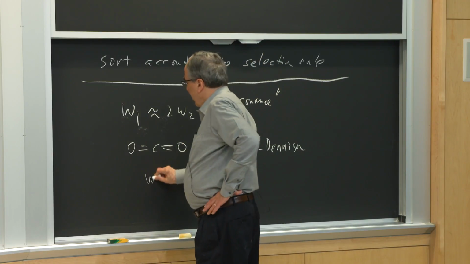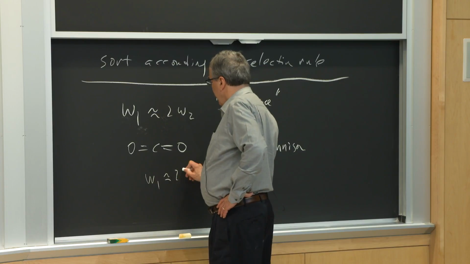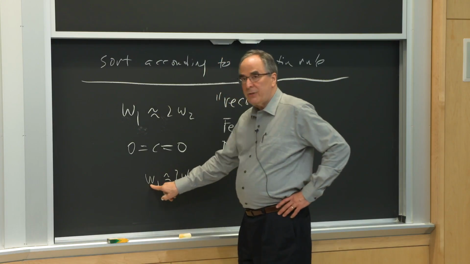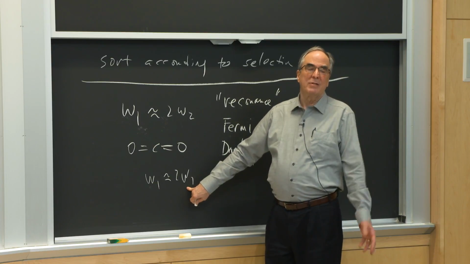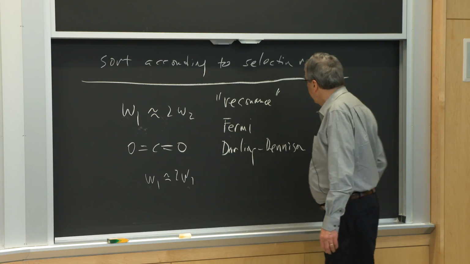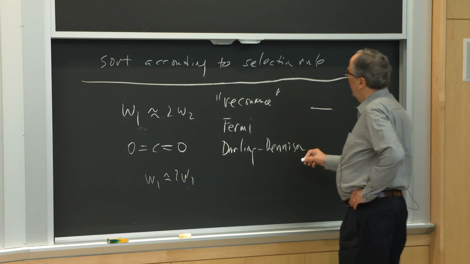Omega 1 in CO2 is approximately twice omega 2. The symmetric stretch and the bend are in Fermi resonance. So what happens then? Suppose we have a level that involves